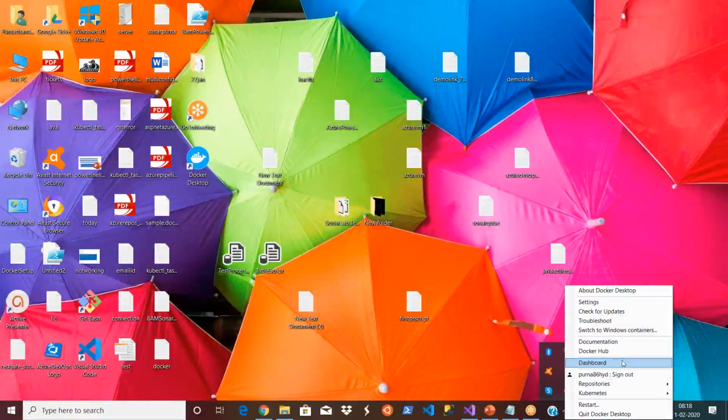Once you install the Docker engine, it has Kubernetes built in as well. In the older versions, you needed a separate installer for Kubernetes and a separate installer for your Docker engine. Right now, in Docker Desktop, everything is included, even Kubernetes.